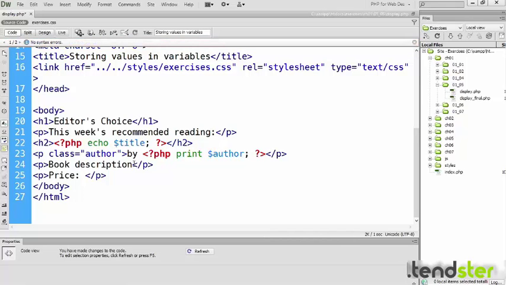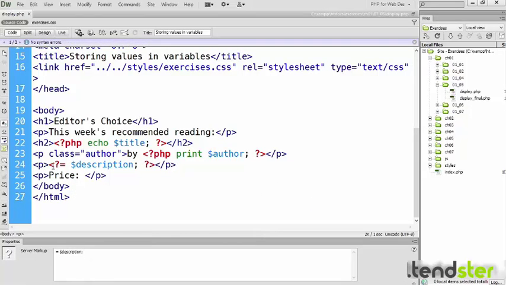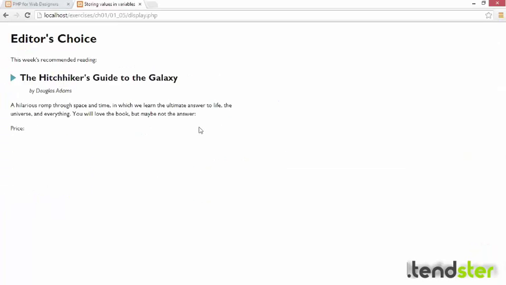Now the book description. I'm going to replace that text. And this time, instead of using a full opening PHP tag, I'm going to use a shorthand tag. So open angle bracket, question mark, equals sign, and then the closing tag is the same as always. This is a shorthand way of typing echo. It can be used with only one statement, but it's a useful shorthand. So if I type in description and then save that, refresh my browser, you can see that the description is